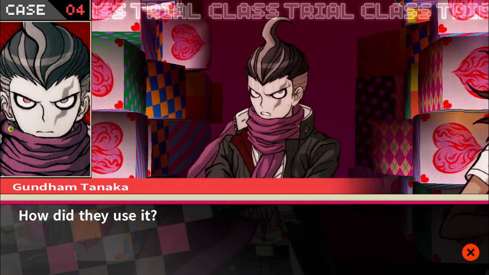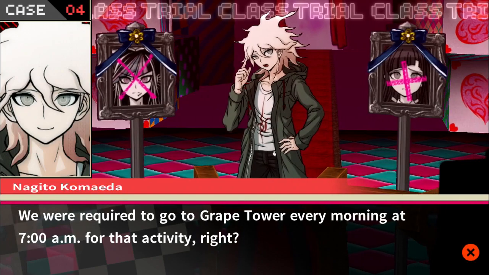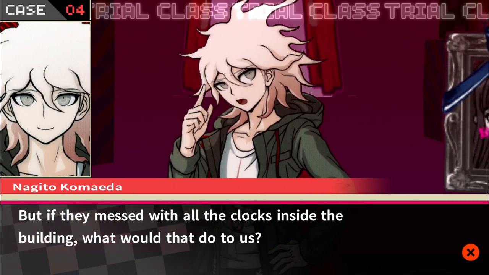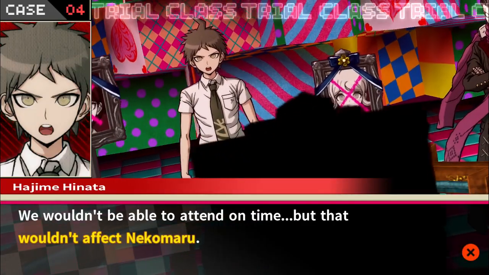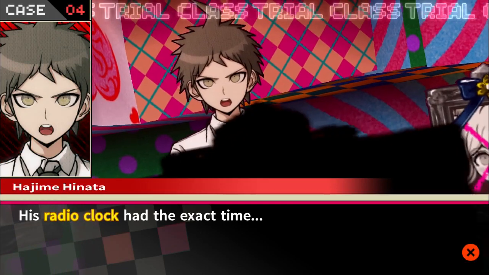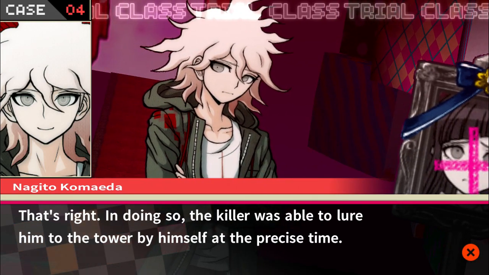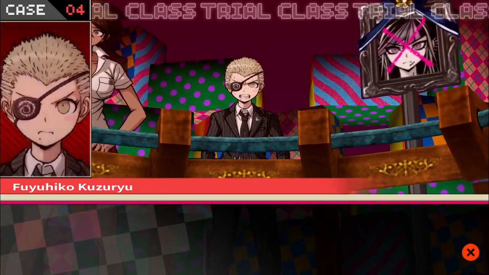Sorry, I was reading the words but not registering them in my head for a second there. We were required to go to Grape Tower every morning at 7 a.m. for that activity. Exactly, right? But if they mess with all the clocks inside the building, what would that do to us? We wouldn't be able to attend on time, but that wouldn't affect Nekomaru. Exactly. His radio clock had the exact time. That's right. In doing so, the killer was able to lure him to the tower by himself at the precise time. Then, when I witnessed Nekomaru early in the morning,